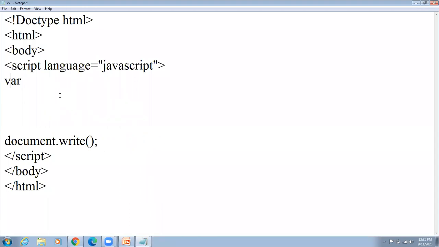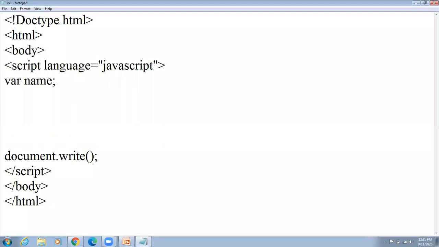See here, var, for example, name. Name is my variable. Semicolon. Name is equal to. Now I want to assign the value of some username to this name variable. So what is the way to accept the value from the user? You have to use prompt.